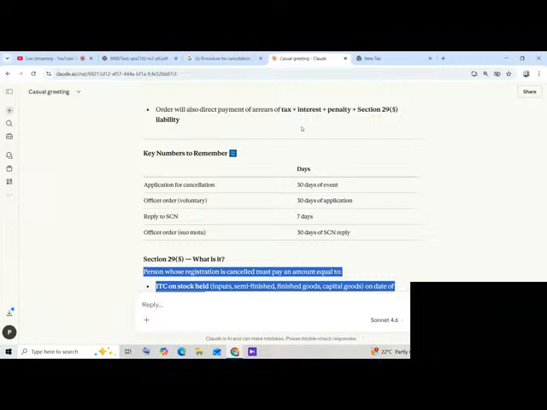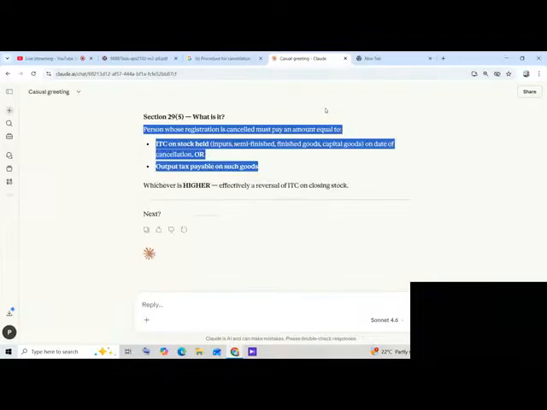Where the registration is liable to be cancelled, the proper officer shall issue the order of cancellation within 30 days from the date of reply to the show cause notice. Effective date of cancellation: cancellation of registration shall be deemed to be effective from the date to be determined by the proper officer and mentioned in the cancellation order. The taxable person will be directed in the said order to pay arrears of any tax, interest or penalty, including the amount. So, the cancellation of registration shall be effective from the date to be determined by the proper officer and mentioned in the cancellation order. Fine.